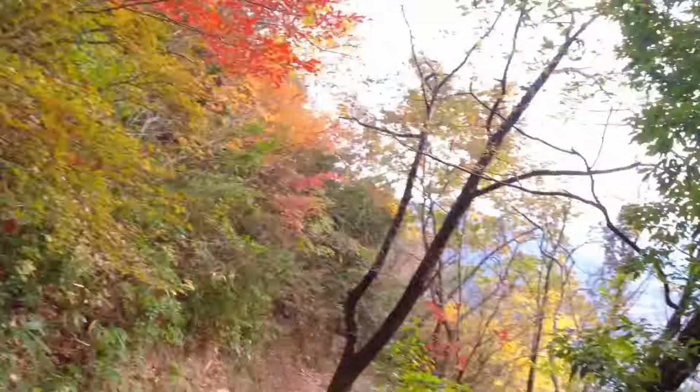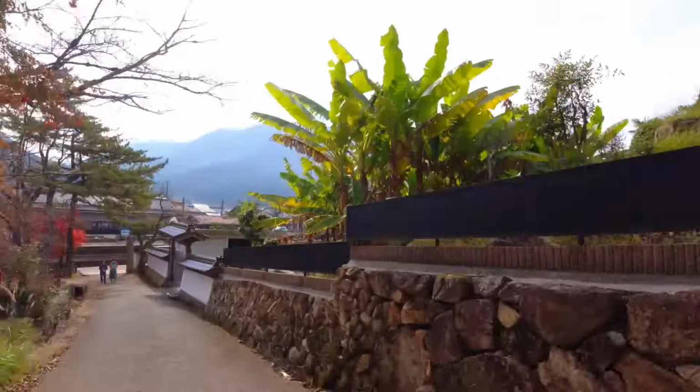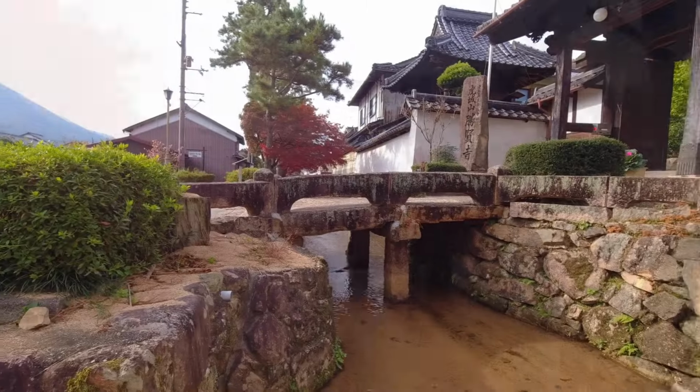Once you've finished pretending to be king of this particular castle, I recommend taking the mountain path down to the railway station, which runs through some of the old castle town area. Now, by staying overnight in Asugo City, you should be able to finish touring the mysterious ruins well before lunchtime,